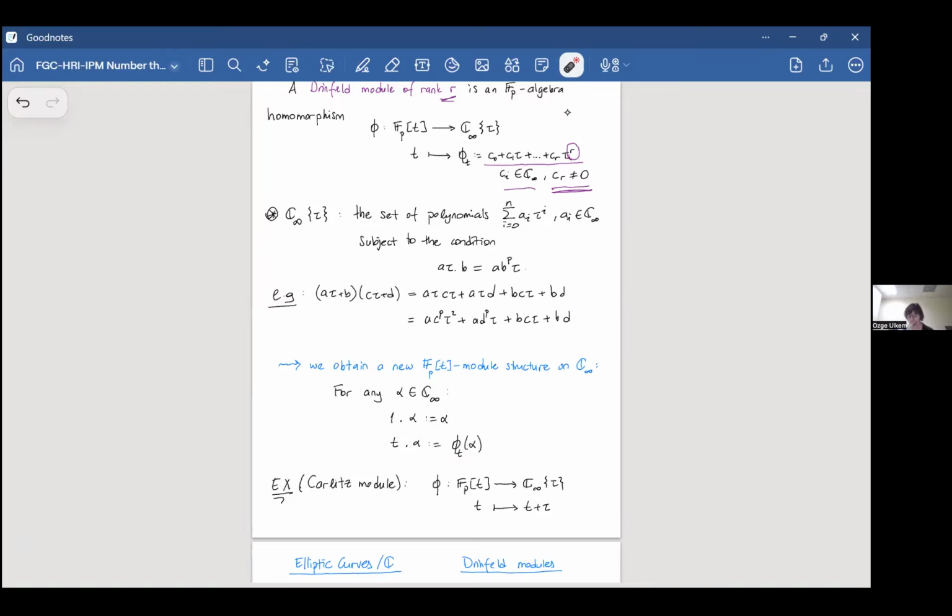That's why we call them Drinfeld modules. One example is called the Carlitz module. It is a Drinfeld module of rank 1, where T goes to T plus tau. The first definition was given by Carlitz, but it was unrecognized due to the name of